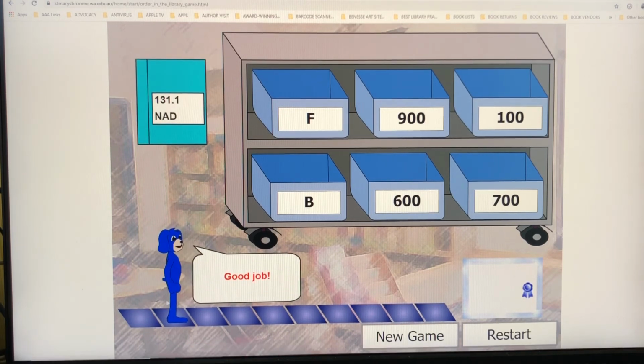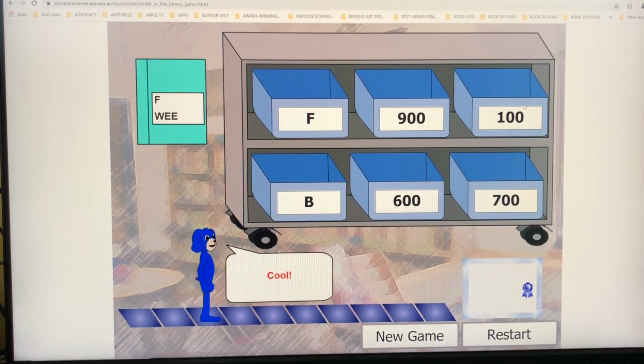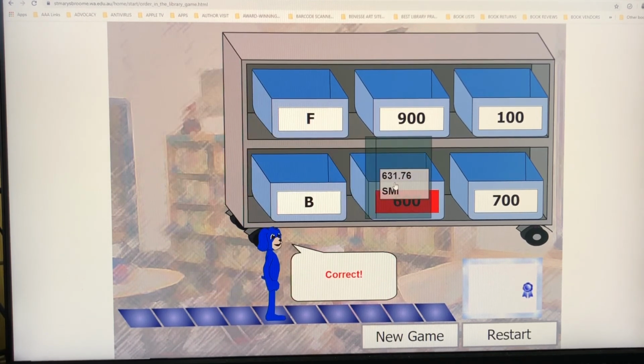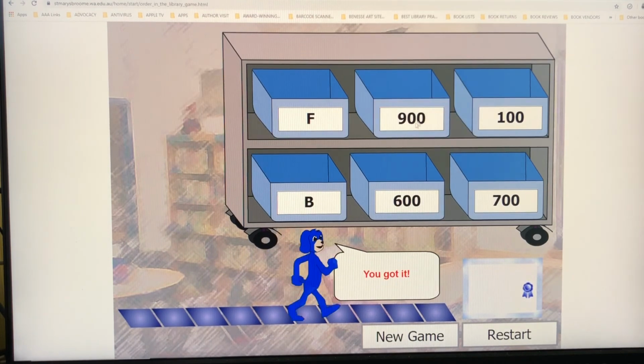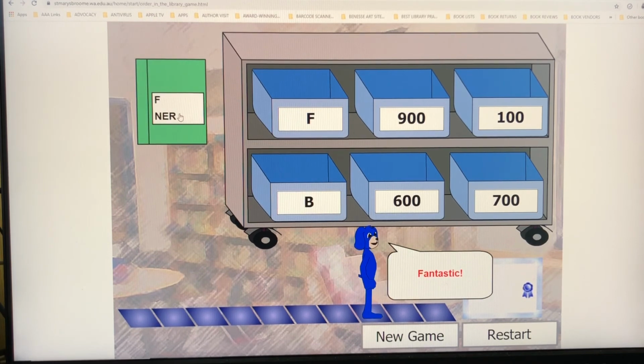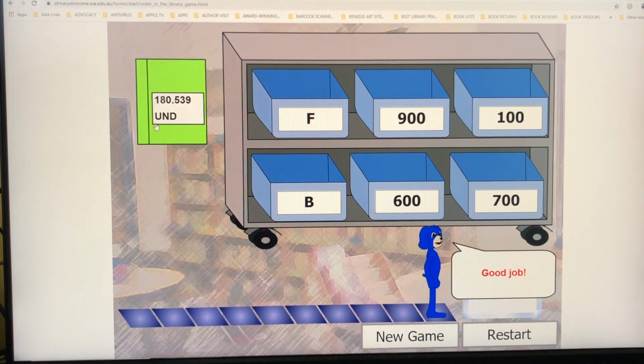Good. So he moved forward a step. 131.1. NAD, that's the first 3 letters of the author's last name, but we're not concerned with that second line for this one. We're concerned with this. So let's find the hundreds box, and I see it right over here. Okay? So you'll continue putting it in the box, moving forward, and when you reach the end, this is B for biographies. In our library, it's spelled out B-I-O. Fiction again. Fiction, a lot of fictions.